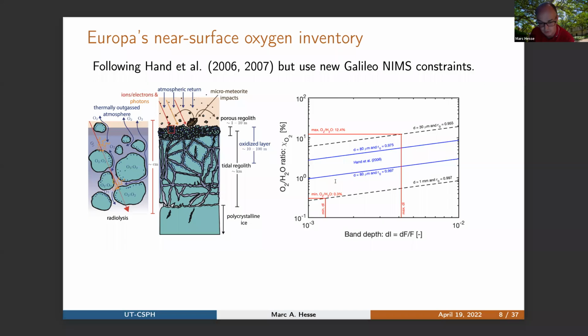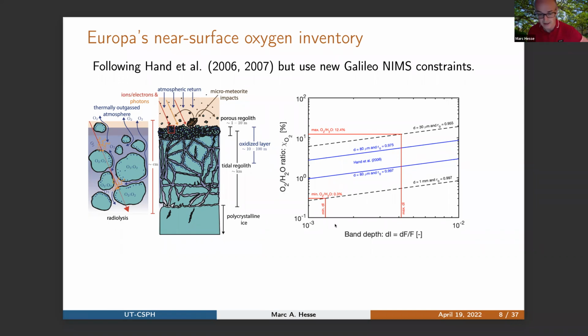And so what Oza brought in was that these Galileo-NIMS observations apparently give a larger range in the grain size, and this particular calculation is relatively sensitive to grain size. And so we can then estimate essentially the number fraction of O2 relative to water, and of course, the water is the ice, in the very, very near surface, so photon penetration depth,